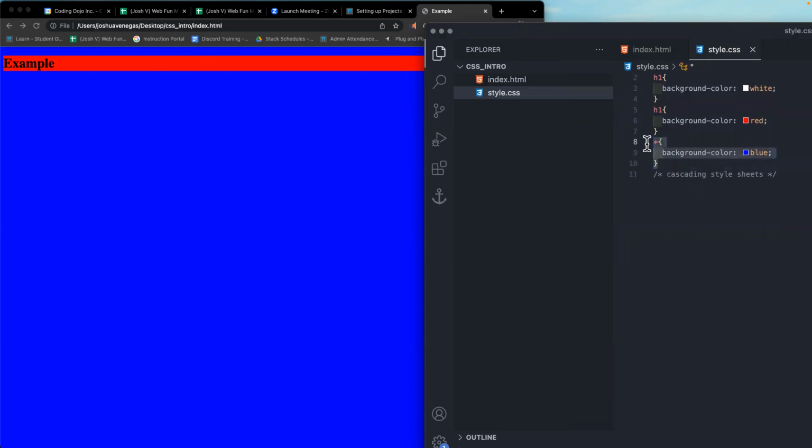And so that's why you want to write this one first on top always. So that's just another general rule. So either way, it doesn't affect the div, whether it's at the top or at the bottom. The background color,